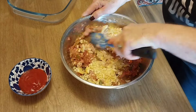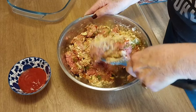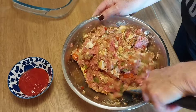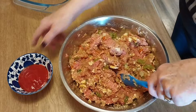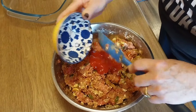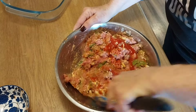And then last, guys, I usually use tomato sauce in my classic meatloaf, but we're just putting some ketchup. And I might throw just a splash of Worcestershire sauce in here if I have some, and I think that'll bring it all together, but I might not need it. So I'm going to add this ketchup, get this all mixed, and then when I come back, guys, I'm going to have it in my